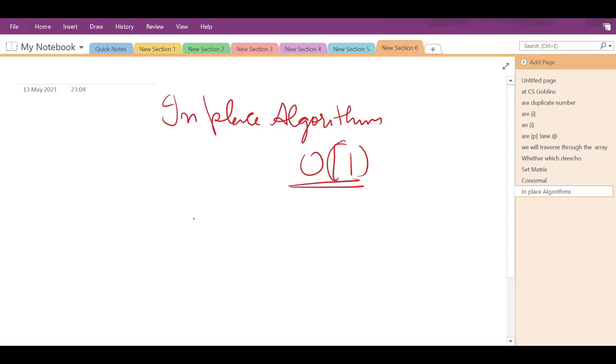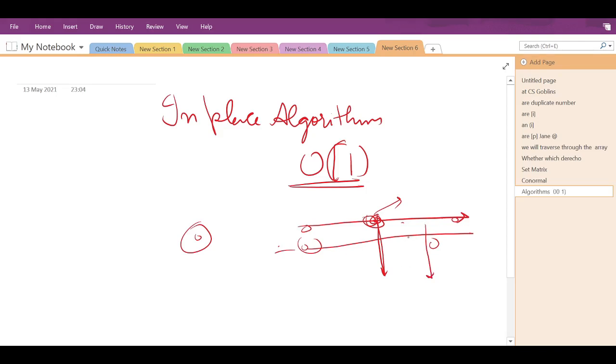If I'm traversing the array and I find a 0, this is one of the ways that we can do it.